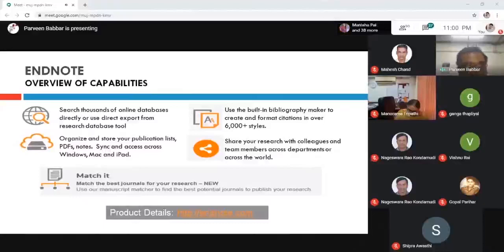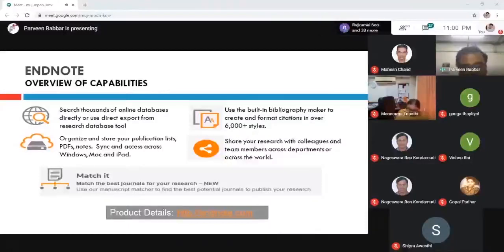These functions are readily available in EndNote Online, which is free, and you can use it after creating a login ID for yourself as a first-time user. Once you log in, the Match function can help you find which journal is best suited for the paper you have written.